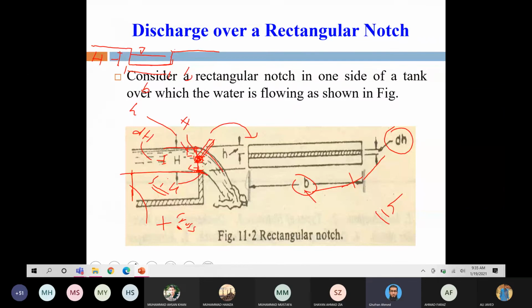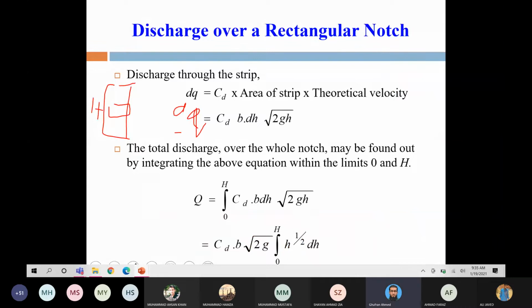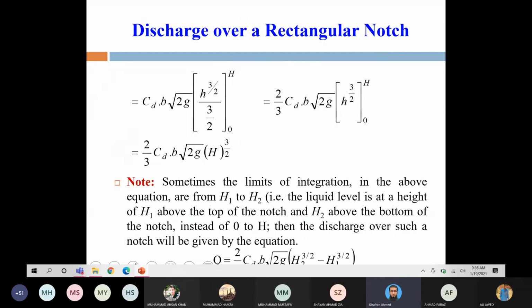Now we are going to transfer this discharge to the overall height h. हमने इस स्ट्रिप में डिस्चार्ज फाइंड कर लिया है, अब हम चाह रहे हैं कि इस पूरे एरिया में इसको ट्रांसफर कर दें, तो now we are going to integrate this. Integrate from 0 to h, the limits of integration from 0 to h. 0 is the boundary condition at this cell, and h is the height of water above this cell. So you just take the integration and after solving the integration, and it's very easy,